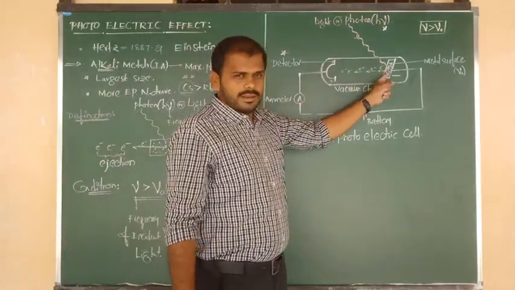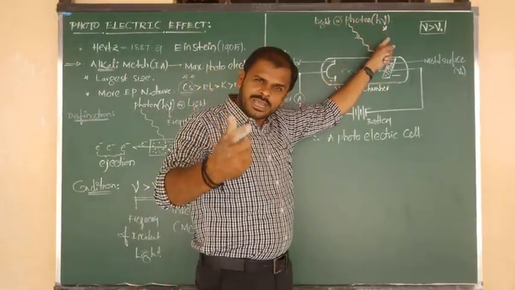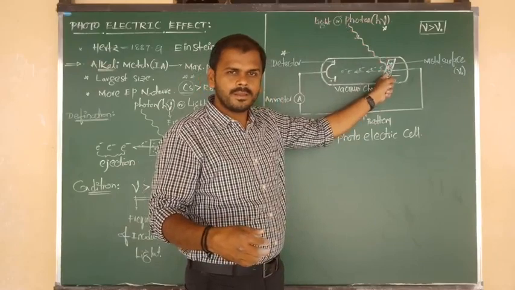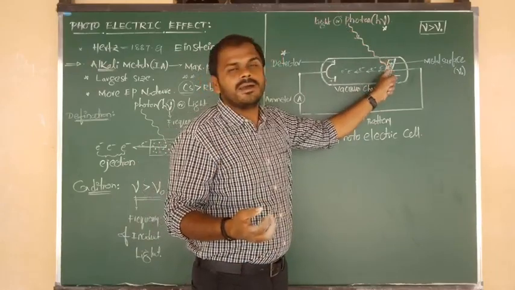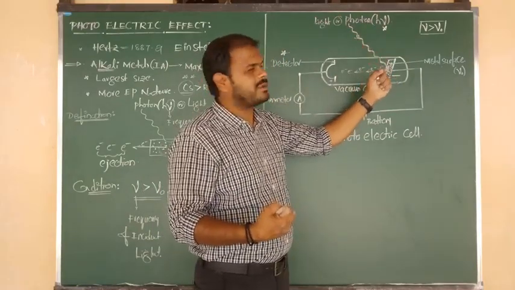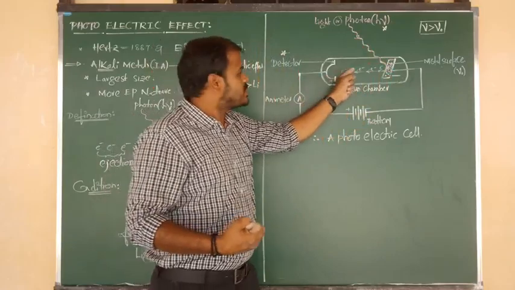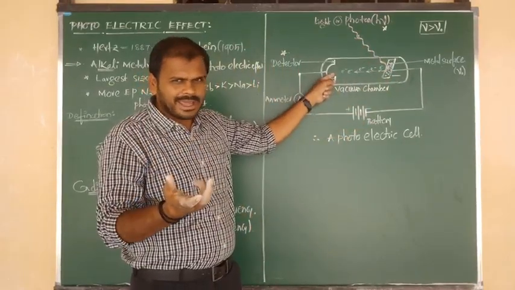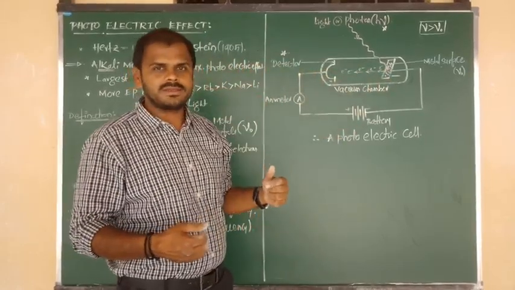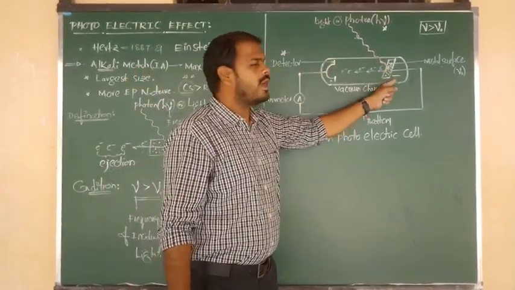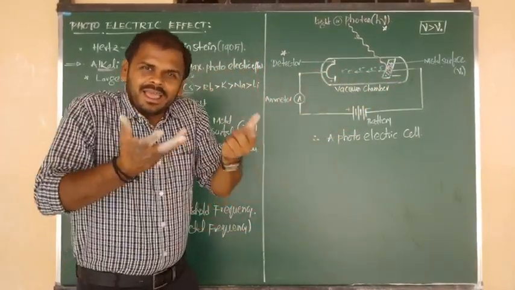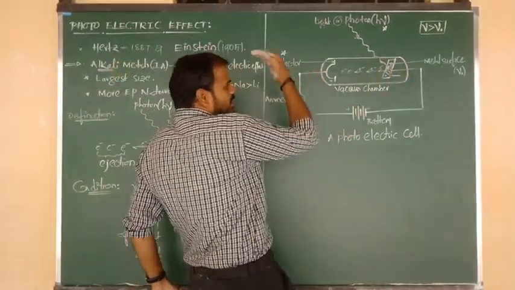So listen, when light or a photon with a suitable frequency strikes the surface of the metal, the metal surface electrons absorb a part of the light energy and are emitted out. Such released electrons we call photoelectrons, and this is the photoelectric effect. The released photoelectrons leave the cathode and move towards the anode. This flow of electrons indicates an electric current, or electron current.